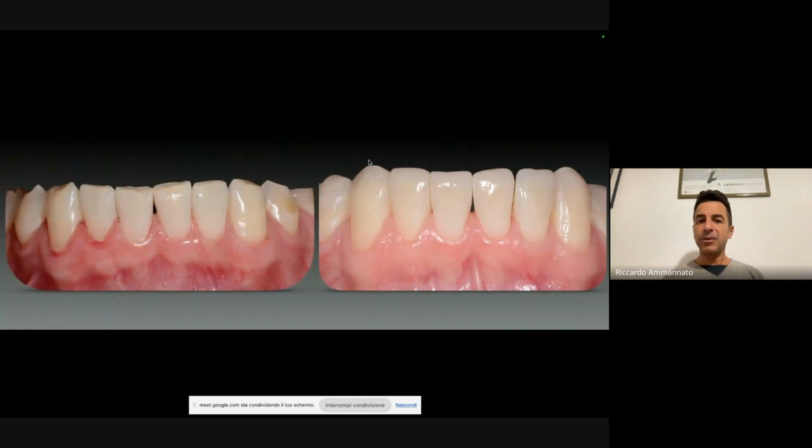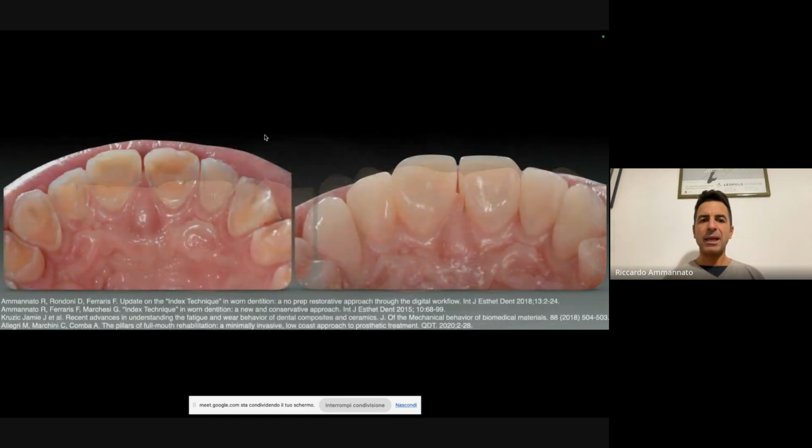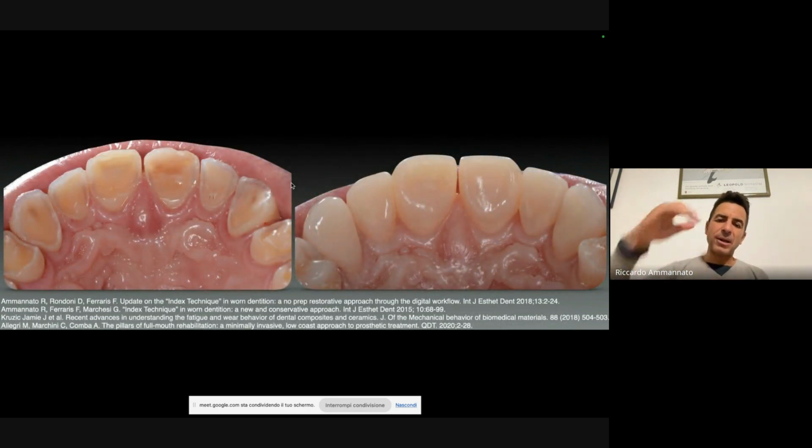Okay, this is the anterior before and after. So we have the moldings and we have the canines that are cemented. You can see it here from this side. All this tip is in glass ceramic, and then we have the glass ceramic on the lingual side. This is the functional part, the internal part of the upper. So with the molding from lateral to lateral, and you see the canines here with glass ceramic.